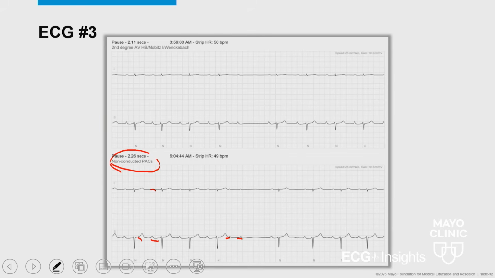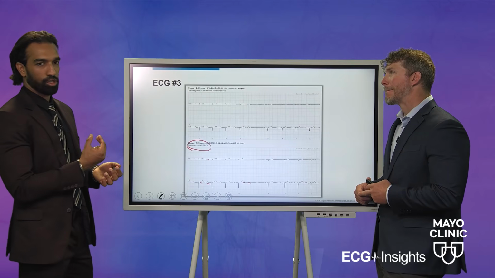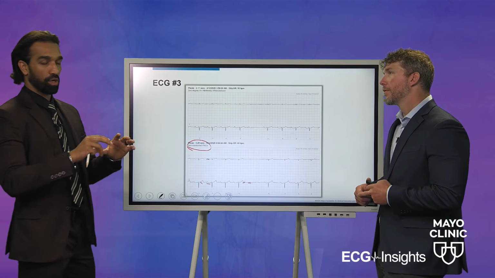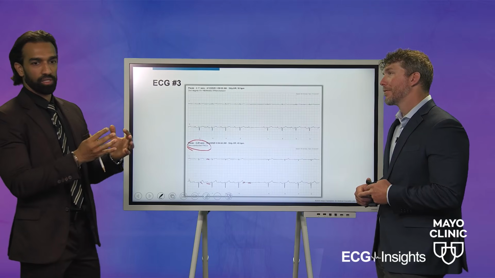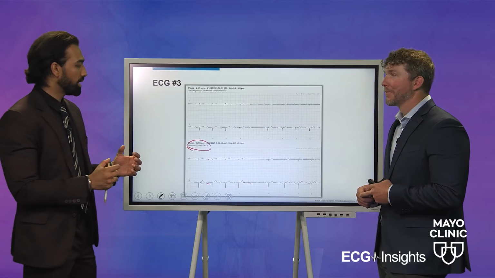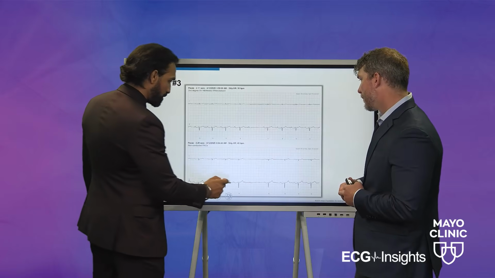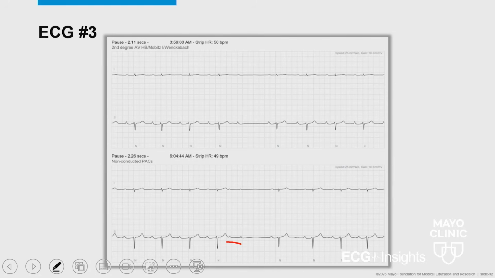That means it's coming from closer to the conduction system, which is on the septum. So we know it's not quite where the sinus node was. Granted, the sinus node is not a point, it is an area, a cluster of cells. So you can have some slightly different morphologies of the sinus rhythm, but it looks like a different beat. So we'll call that a PAC, and because that doesn't conduct, and there's a couple that come in quick succession, premature atrial contraction, and because it comes so quickly, the QRS isn't ready. It's taking a nap, it just fired a few milliseconds back, it wants to wait till it goes again. So the AV is blocked.